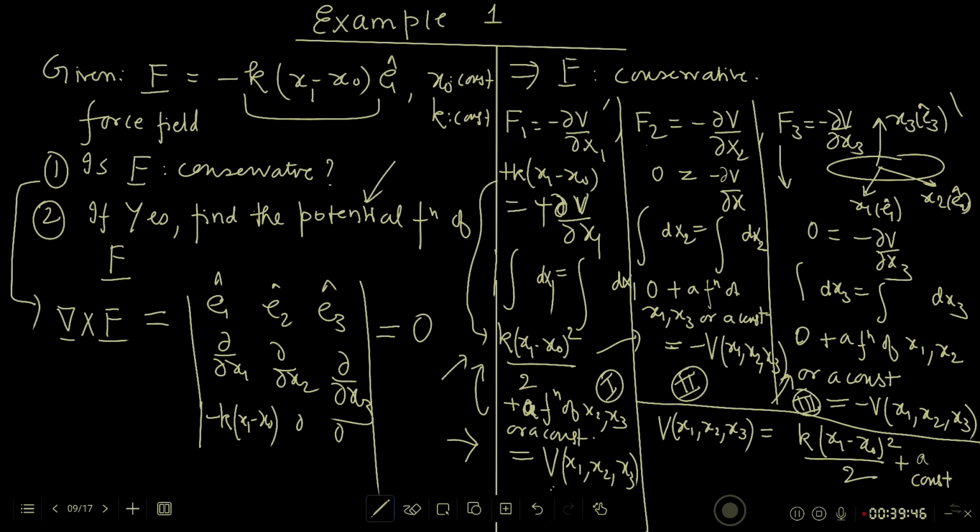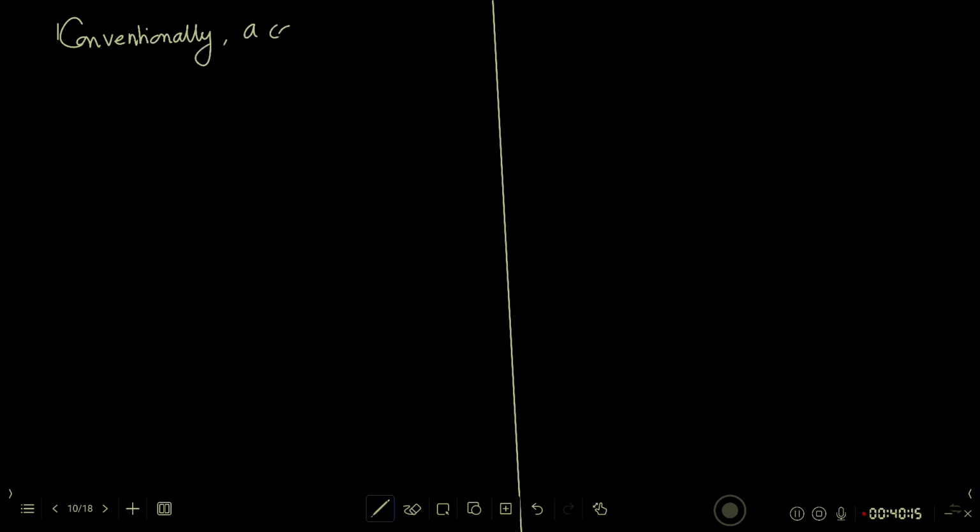Okay, so this is the function V. Conventionally, we never bother about a constant, and thus my conclusion would be that the constant is ignored, and thus V in this case is